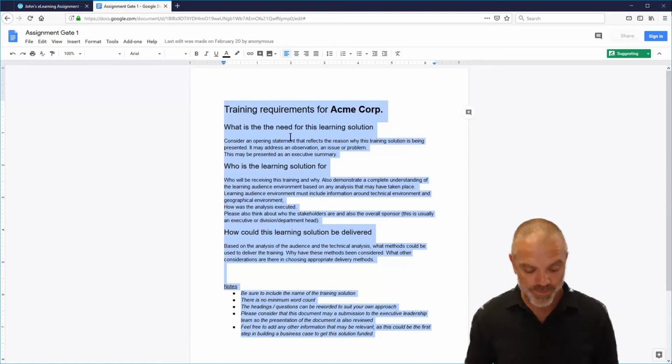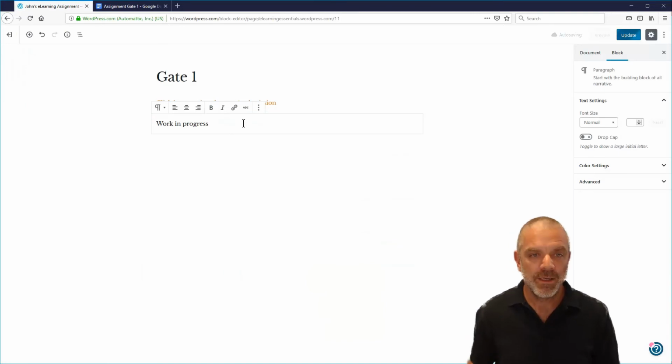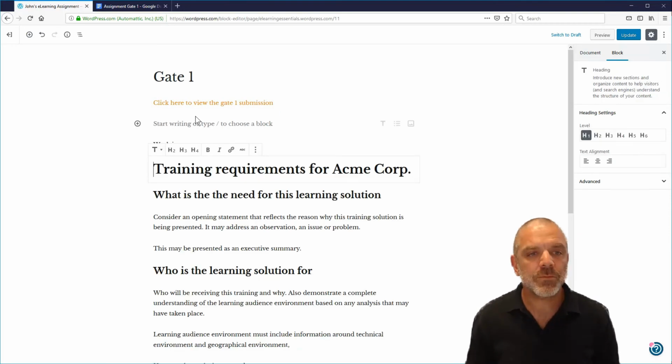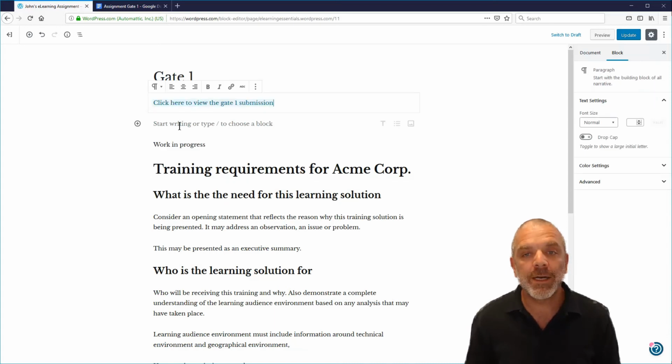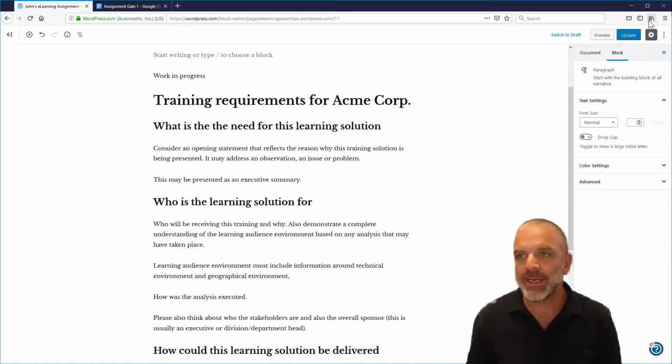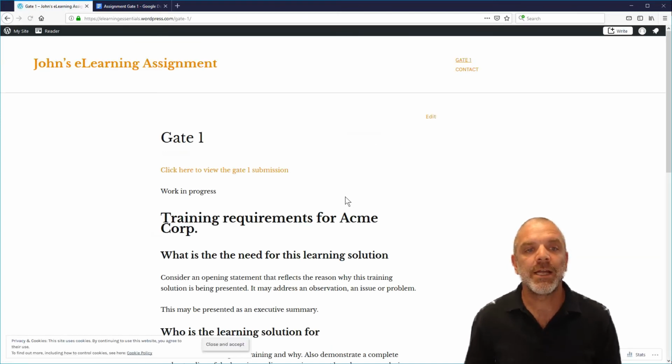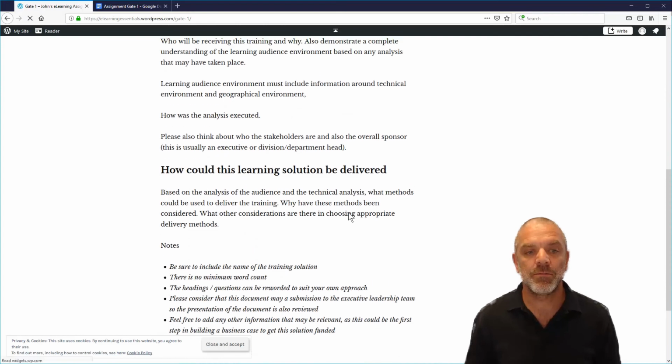So I'm just going to copy and paste this, Control C, go back to my e-learning assignment here. Oh, actually, let's go here and just paste, and you'll see that that's just pasted in there. Or of course, I could have typed that in. Now if I click the update button up in the top right hand corner of the page, that's been updated, and I can view the page by clicking on that link there,